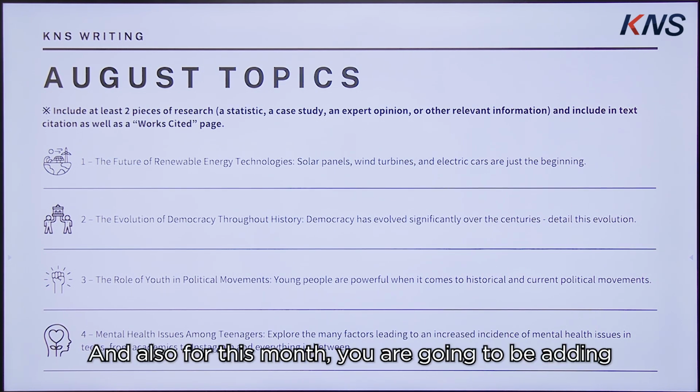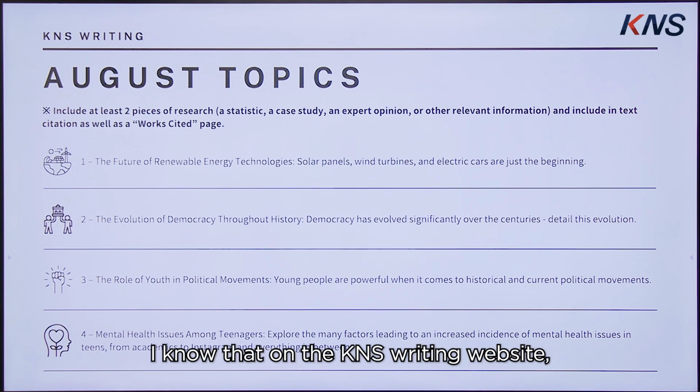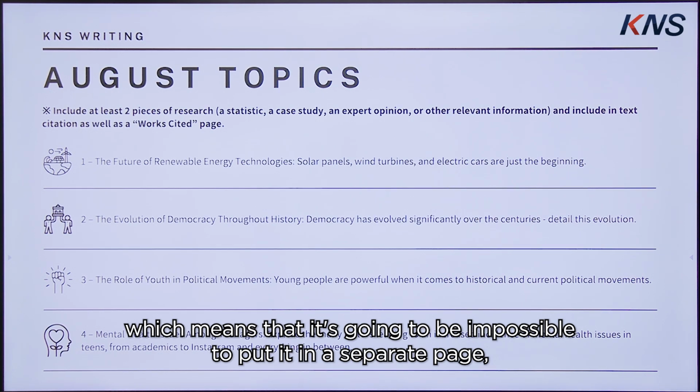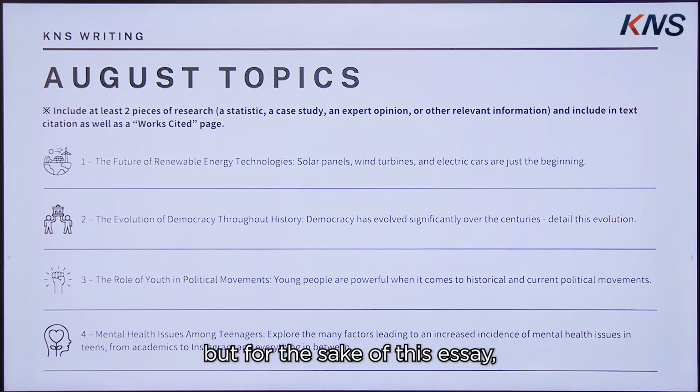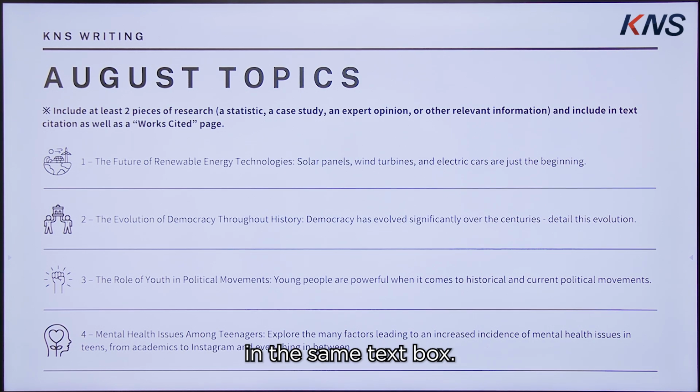And also for this month, you are going to be adding a works cited page at the very end of your essay. I know that on the KNS writing website, you are writing directly into the text box, which means that it's going to be impossible to put it on a separate page. But for the sake of this essay, you can add the works cited section at the very end of your essay in the same text box.